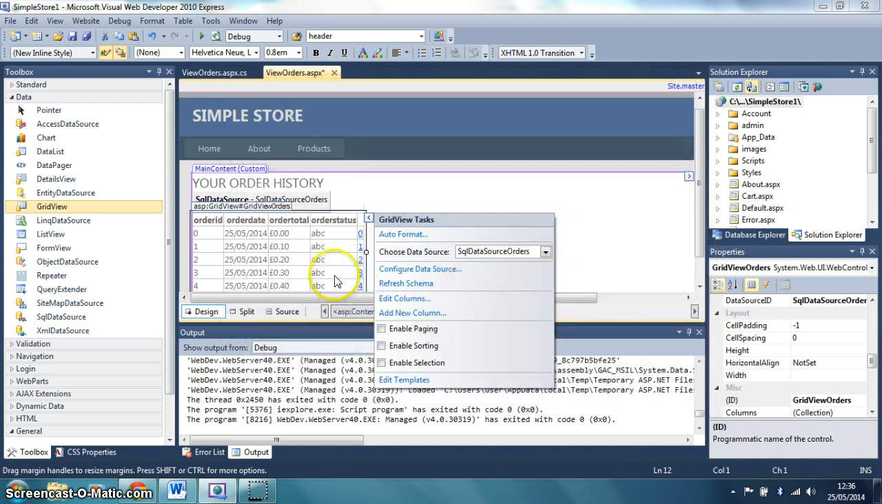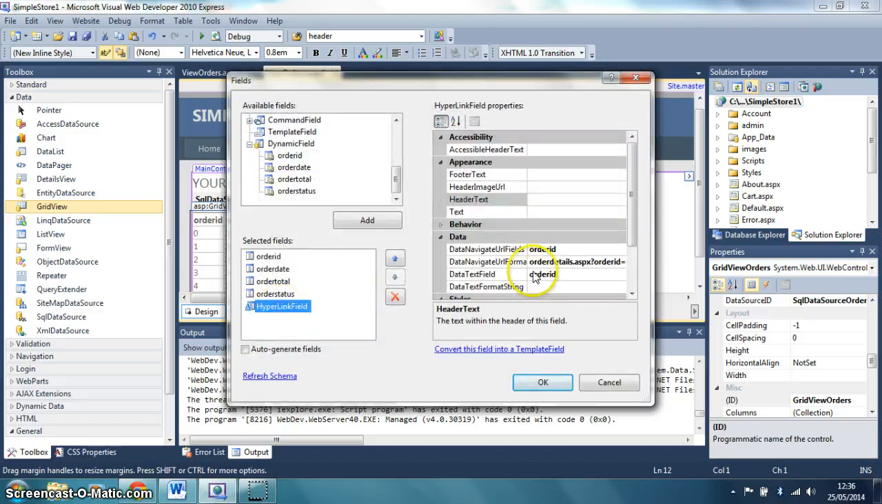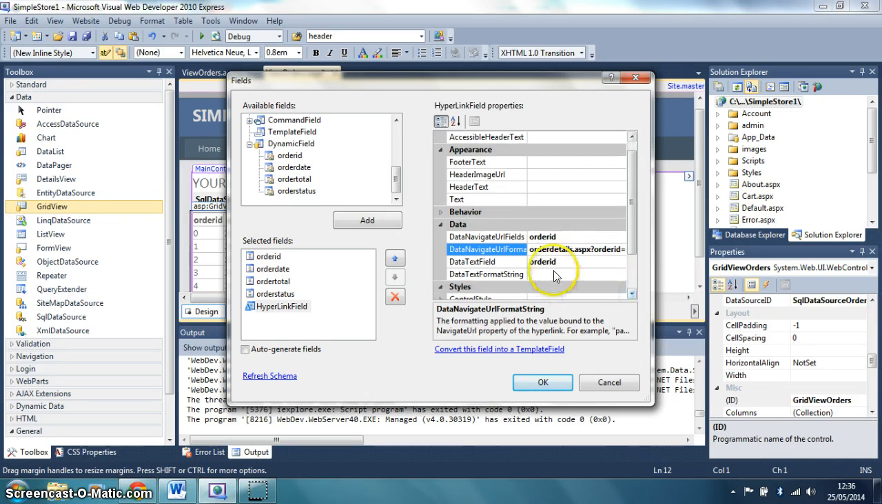Oh, what happened there? I didn't finish that. So what that's going to do is take order ID and replace this curly bracket 0 curly bracket with this parameter here, which is the first parameter returned from order ID. And then the text that we want to display is the data text format string. So I'm just going to say here view order details. Then click OK,